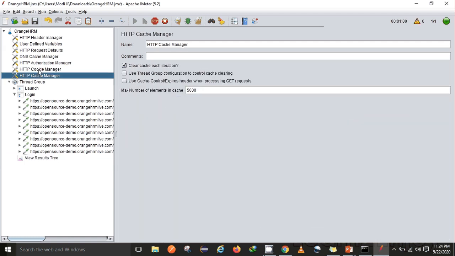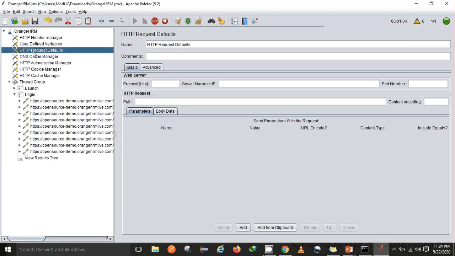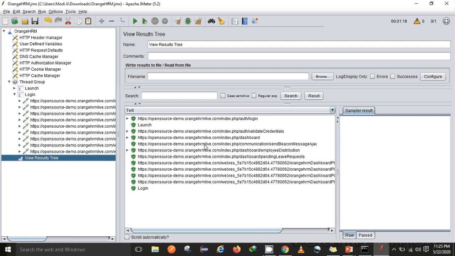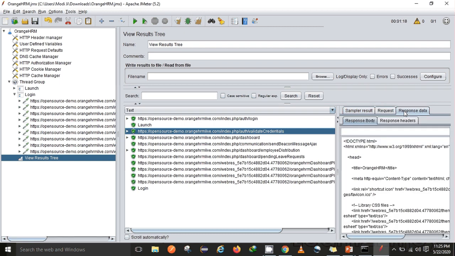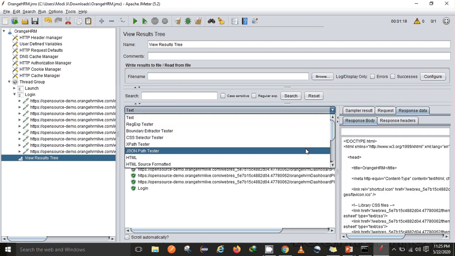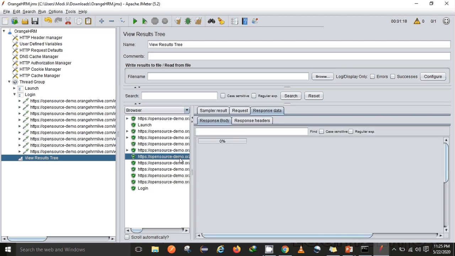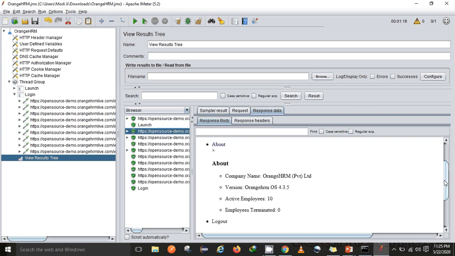Once it executes the test, I'll also try to show you how the cookie manager works in this kind of login authentication. So yes, here you can see I'm able to log in successfully. This time the login request worked fine, and you can also see the response data in the browser, how it looks. At times it doesn't look okay when we look at it as text, but the browser shows us more detail. Yes, here you can see welcome admin and all.